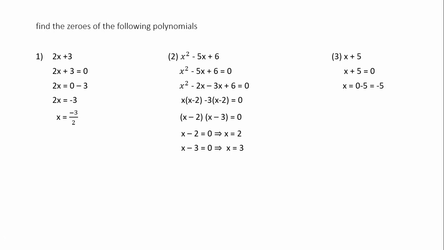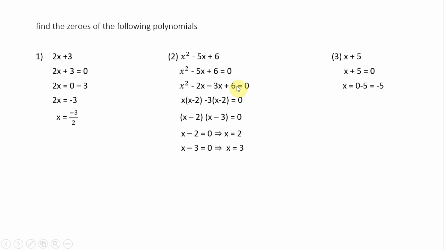So as such, your numerical coefficient here is 6. So write the factors for 6, and their sum or their difference must be equal to the middle term. This method is called splitting of the middle term. So 2 into 3 is equal to 6. So split the minus 5x as minus 2x minus 3x. Minus 2x minus 3x will be equal to minus 5x, and then as usual plus 6.